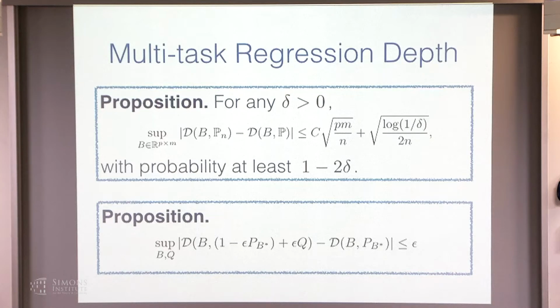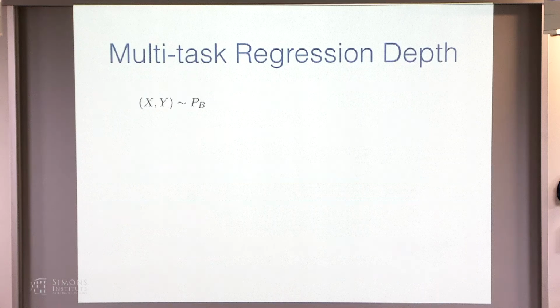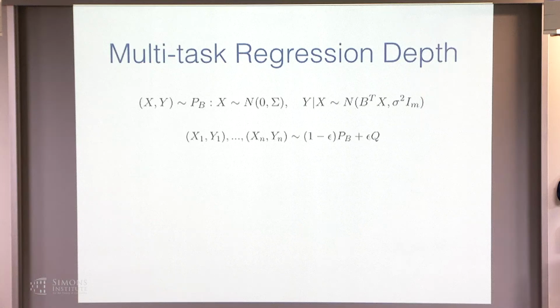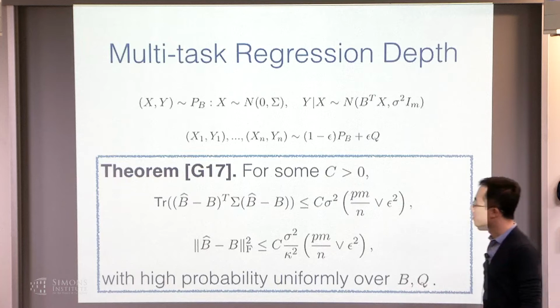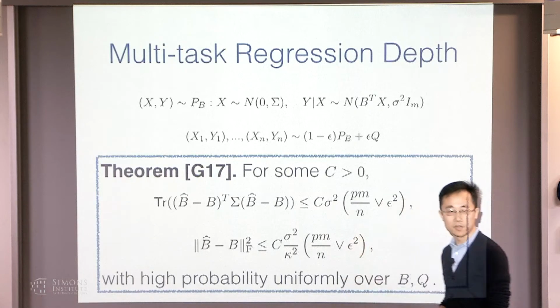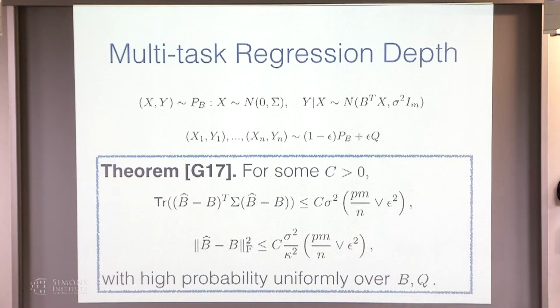So combining these two properties, you can prove that it achieves the minimax rate if you have a data generating process like this. For example, we consider an ordinary multitask regression problem where you have a random design, which is assumed to be Gaussian, and then given x, y follows a Gaussian linear model. Let's assume the pairs of data are IID generated from Huber's epsilon contamination model, and then the maximizer of the regression depth function can be proved to achieve these two rates with respect to the prediction loss and the